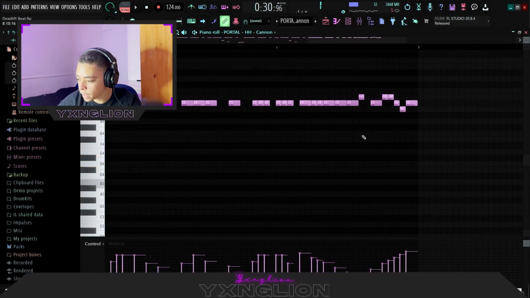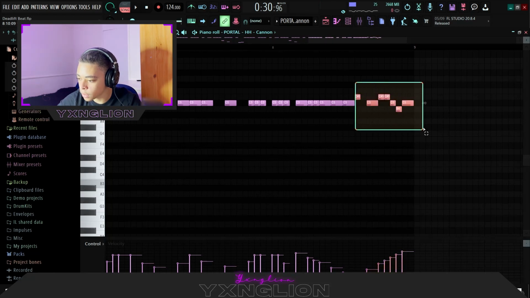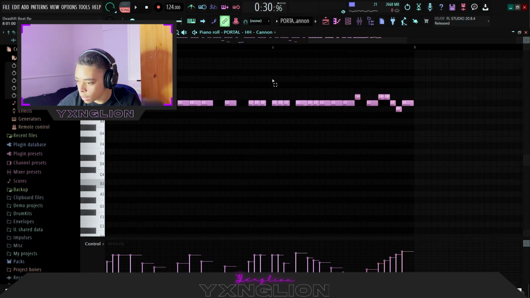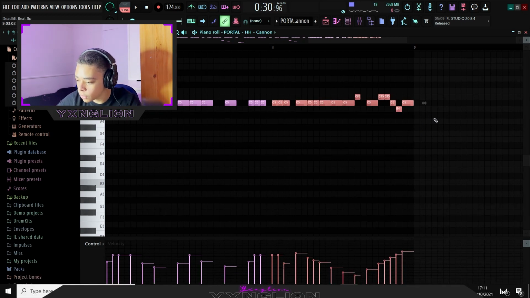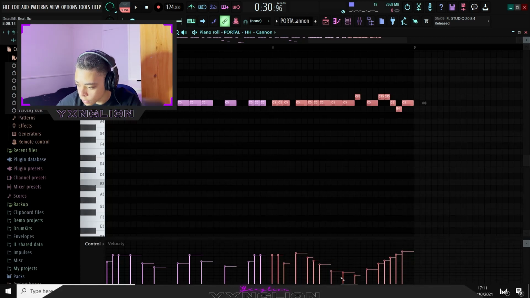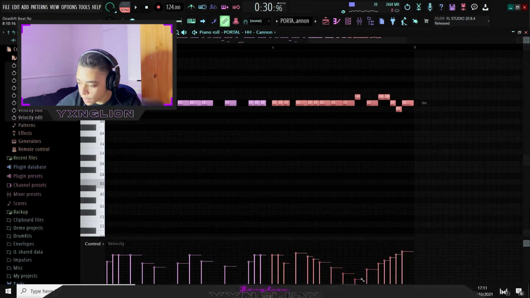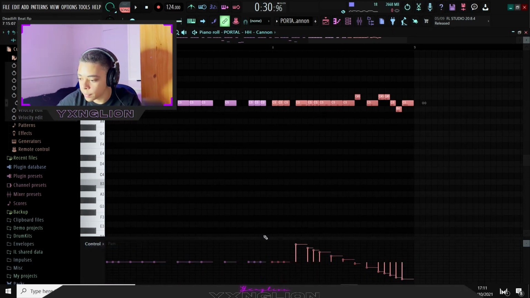And what I did at the end, I did a switch up, so I pretty much just cut all the notes in half, or most of the notes in half. Still had the triplet pattern, some of the notes got cut in half. Changed a bit of the velocities, made the velocities go downwards in a fade, and then fade back upwards, and then I did the same thing with the pan. So as you can see, I made them go from left to right, so they have that nice